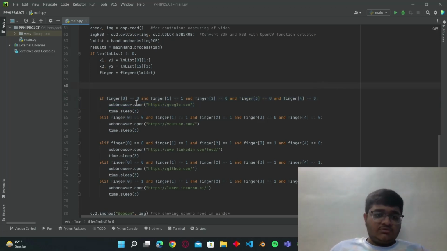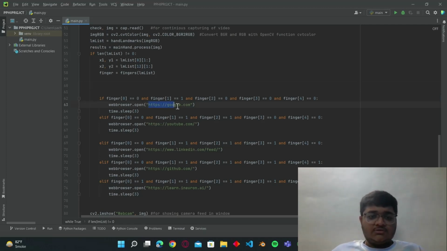So here we have written 0 as if only the first index finger is up and all the other fingers are down. So if our first index finger is up, then it would open google.com. We have used the webbrowser.open property, which would help in that, and we have used a buffer of 3 seconds so that it does not continuously